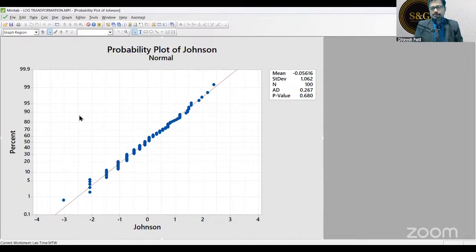Got it? Very good. Relationship between transformed data and the real process. That's what I gave you the example. If you have a non-normal distribution, your process capability study will not be accurate. You might get the wrong answers of process capability. If your process is 2 sigma, you might get 3 sigma or 4 sigma as an answer. So make sure that the data is transformed and then you do the process capability. What sigma level is your process capability? That study is done only when the data is normally distributed. That's why this transformation is very, very important.